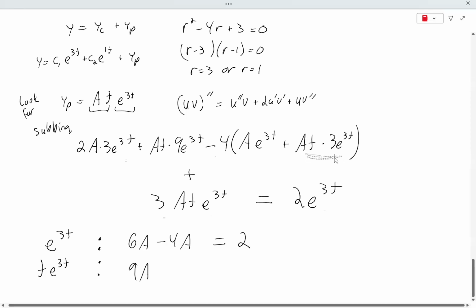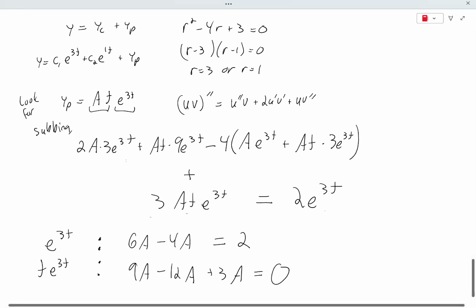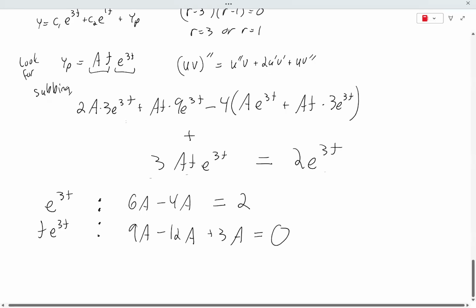Minus 12a, we distribute that negative 4 through, so negative 12a there. Okay, and then here I got plus 3a, thank goodness. Plus 3a there equals 0. And on this side, it's 0 over here, equals 0. Okay, so then this one just goes away, the second one, because it's basically